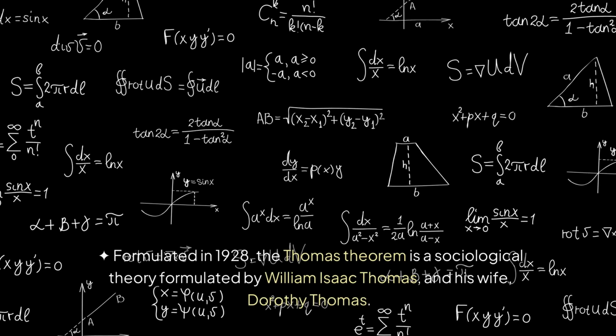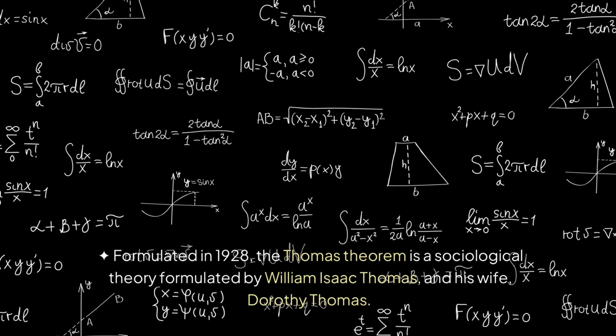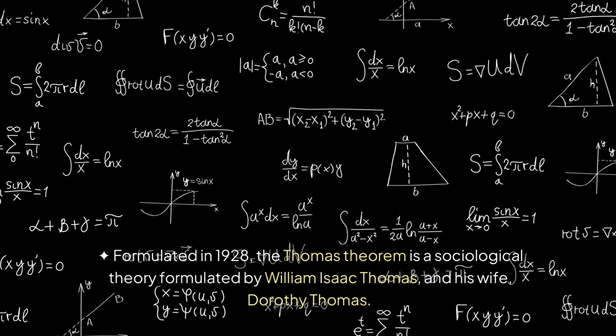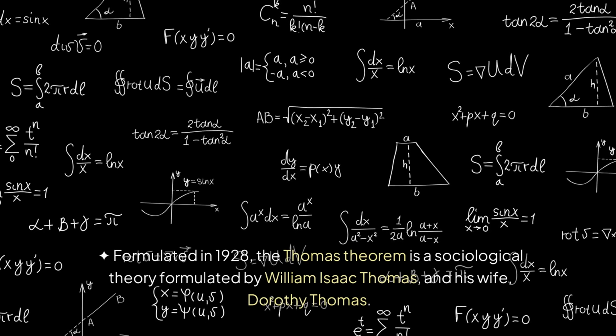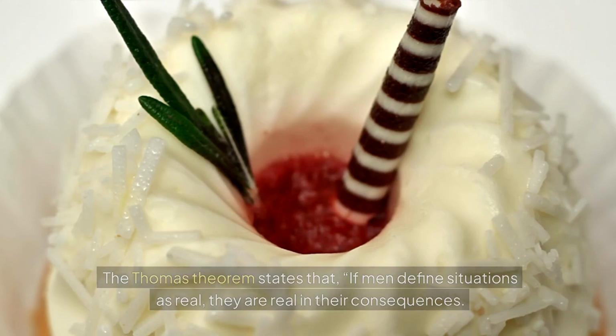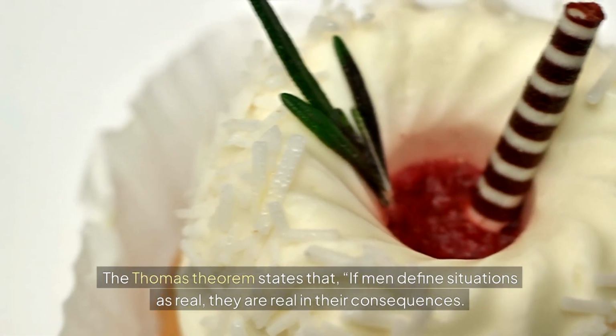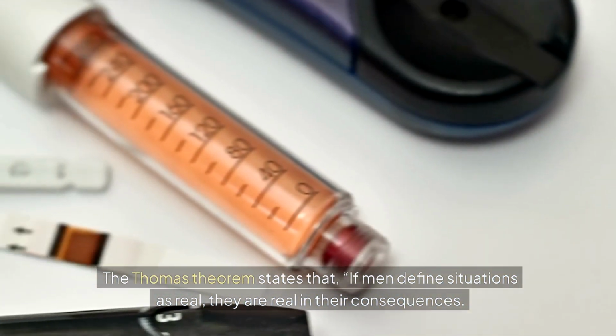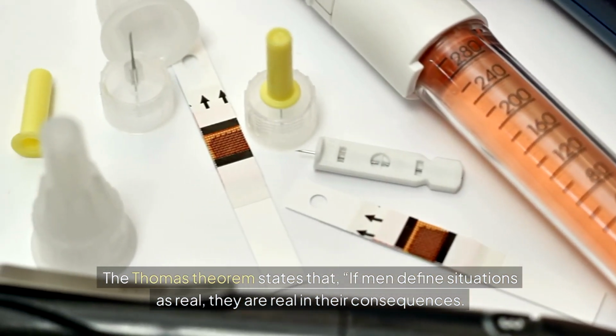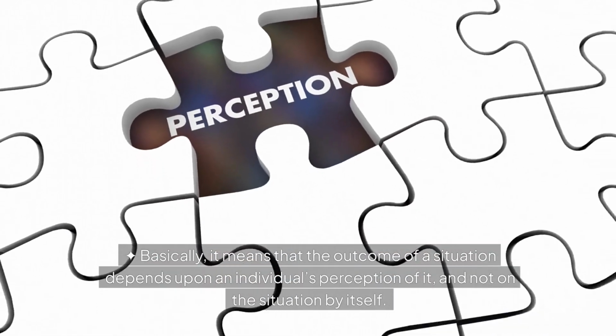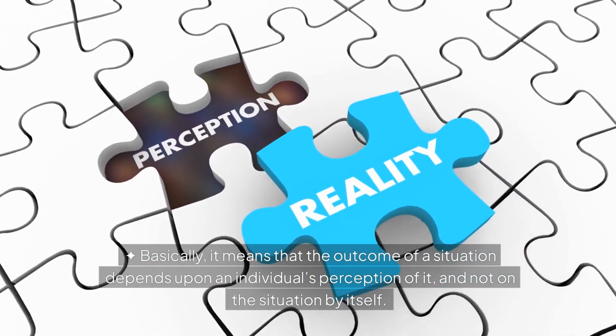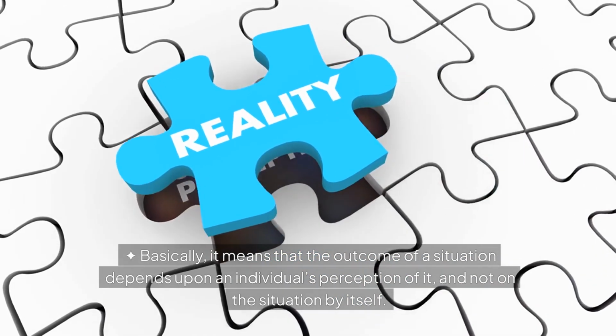Formulated in 1928, the Thomas Theorem is a sociological theory formulated by William Isaac Thomas and his wife, Dorothy Thomas. The Thomas Theorem states that, if men define situations as real, they are real in their consequences. Basically, it means that the outcome of a situation depends upon an individual's perception of it, and not on the